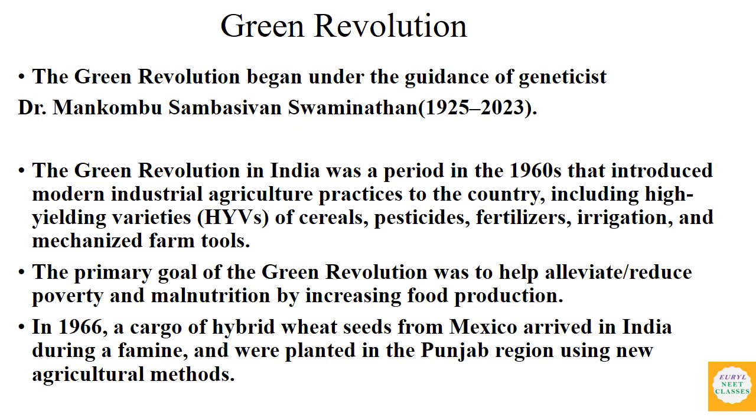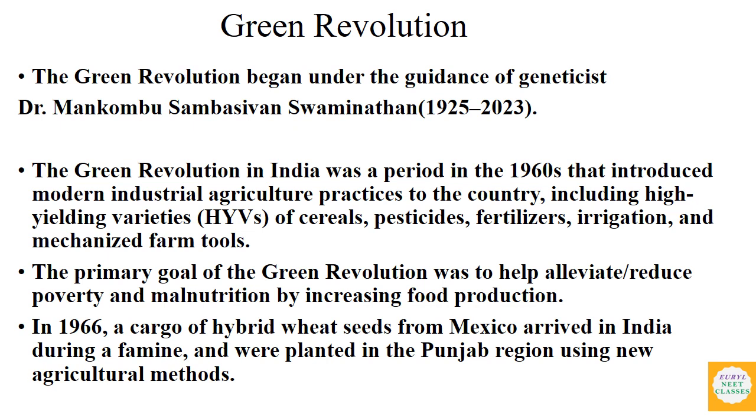Green Revolution is a part of agrochemical-based agriculture. This was introduced to India by M.S. Swaminathan, who was born in 1925 and passed away in 2023. Under this Green Revolution, Swaminathan brought